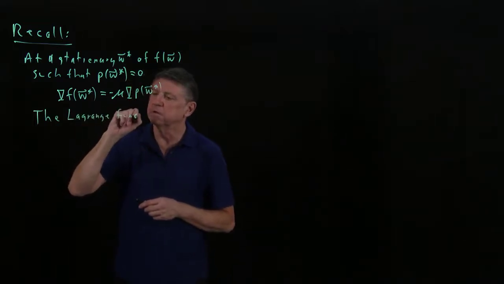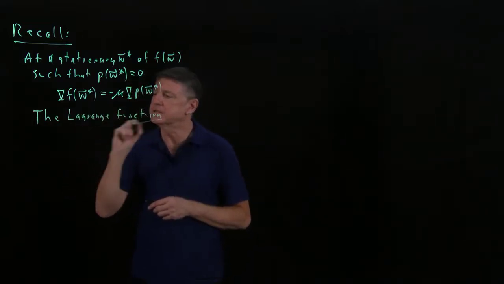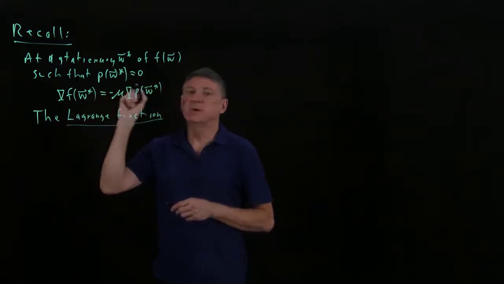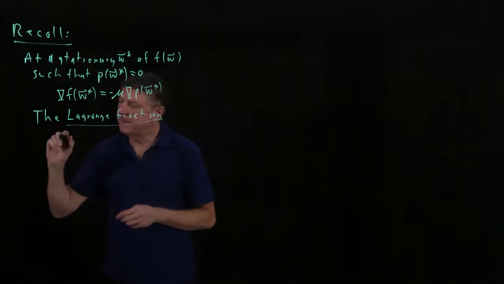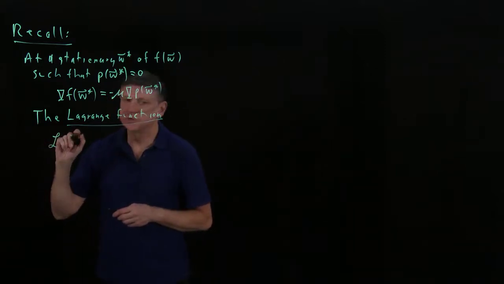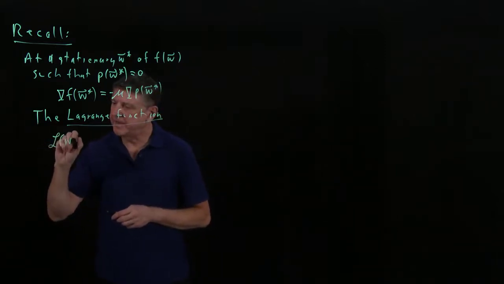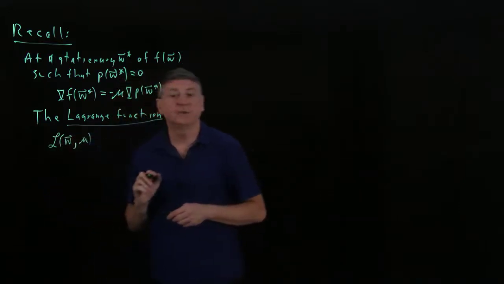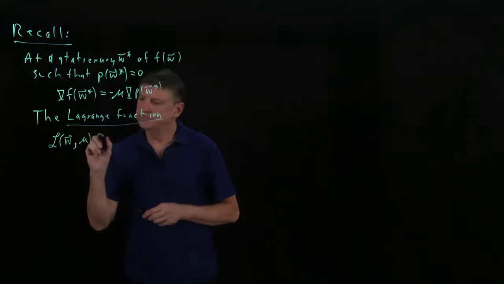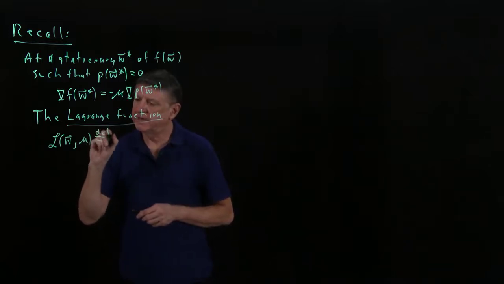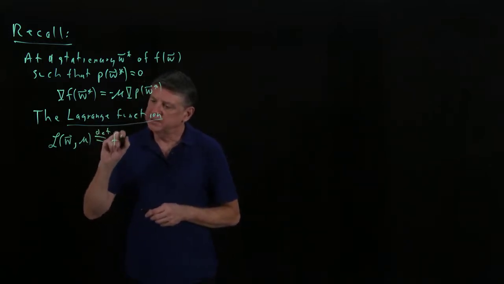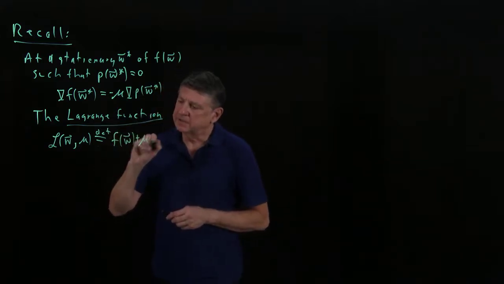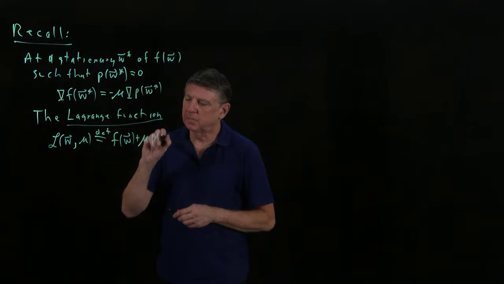And the Lagrange function is more or less integrate both sides and then add them. This is usually a script L, and it has W, and in our case we're only examining for now one property, and that will equal by definition the sum of the objective and some scalar multiple of the property